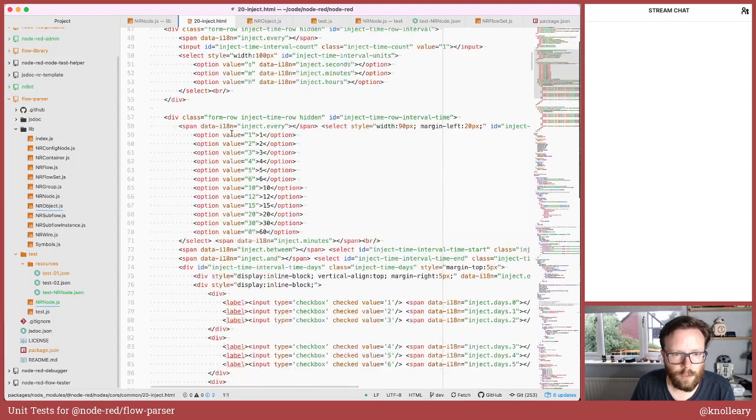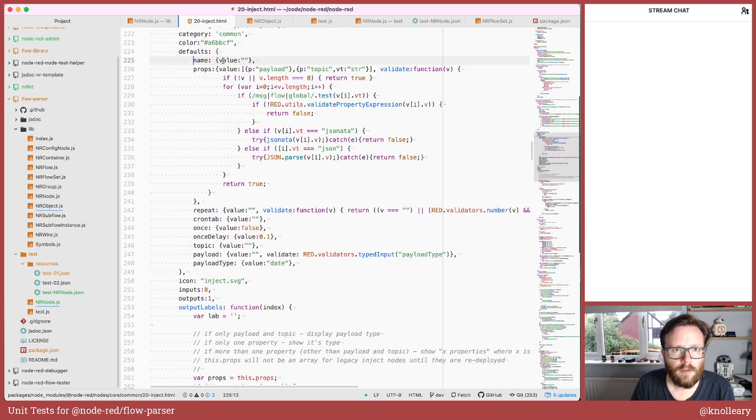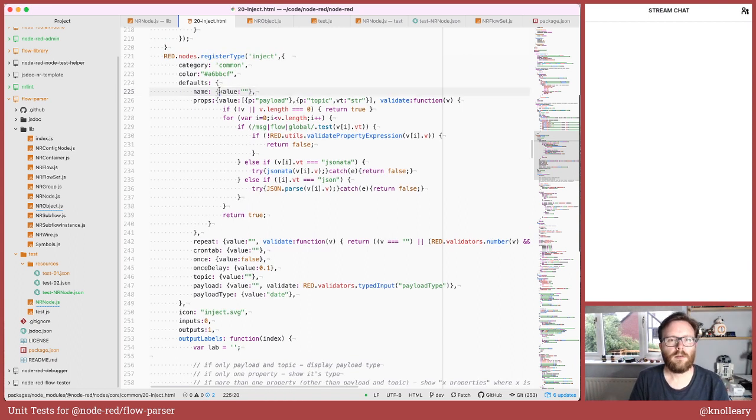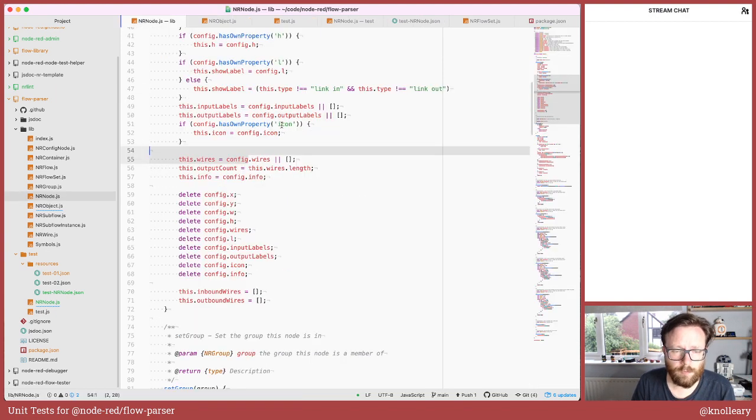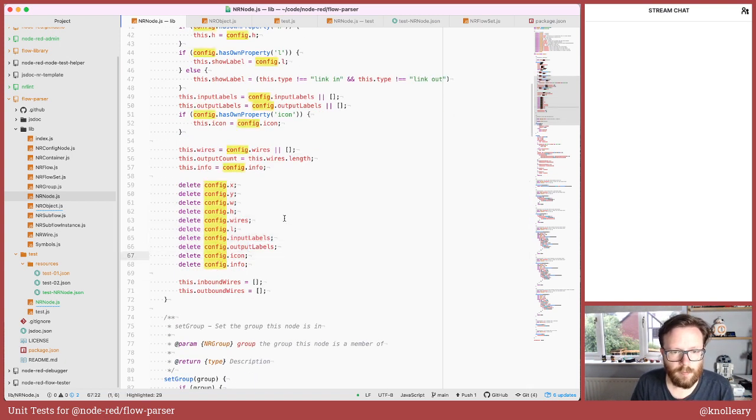In its defaults array, where we define the node properties, unlike all those other properties I've listed, name is one that the node actually has to say whether it has or not. So it's perfectly valid for a node not to have a name. But because of that, the flow parser doesn't treat it as a core property. It means